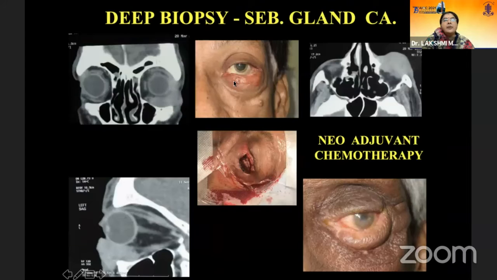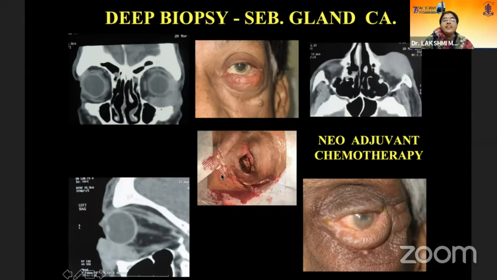Now this patient had a lesion about 7-8 years earlier. A biopsy had been done and he was told that he had some granulomatous inflammation. When he was told it was a chronic chalazion, he just slept over it for about 7-8 years until it grew to this size, and he came there for an opinion. This was done in a very big, reputed institute, and the biopsy report also looked very, very authentic. But the biopsy, I realized in retrospect, had not gone in very deep.